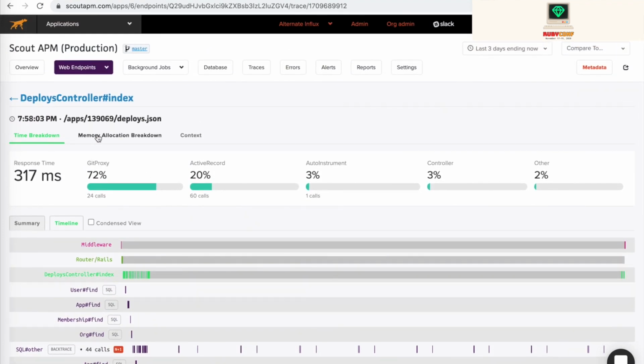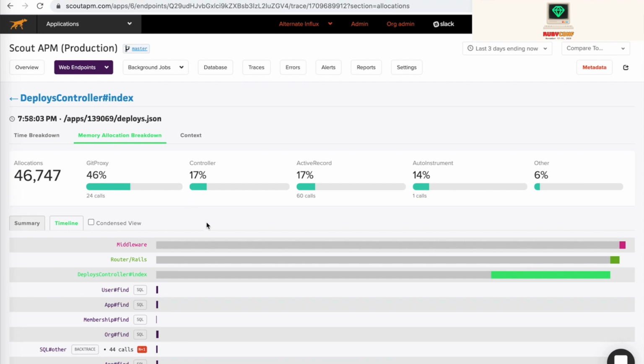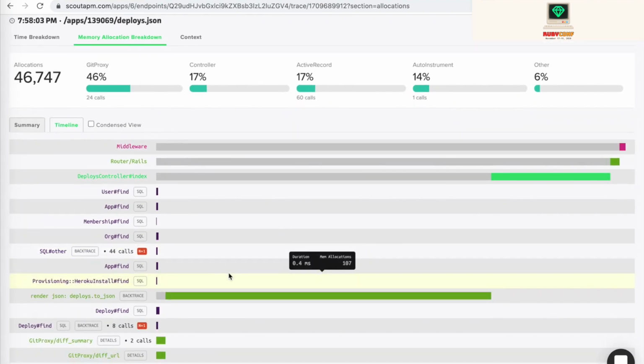This is the time breakdown. You can also see the memory allocation breakdown. This is where the memory allocations happen. Both in Ruby and in Python, we can track actual allocation counts through each request, in addition to actual memory used. If you have more allocations, that just means the garbage collector is going to end up doing more work, which typically means a slower response time for your requests and for your application. So doing fewer allocations means less work for the garbage collector, which means your app is typically a little bit faster.